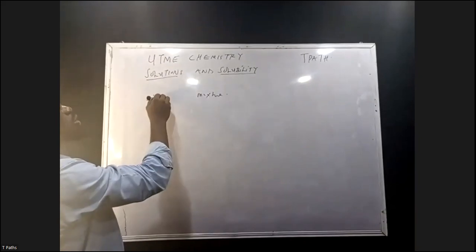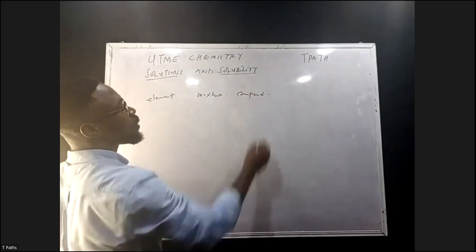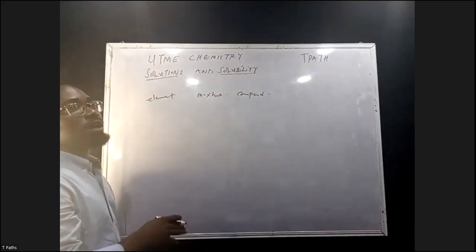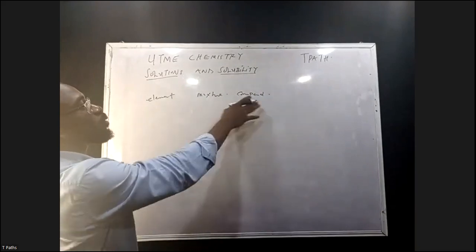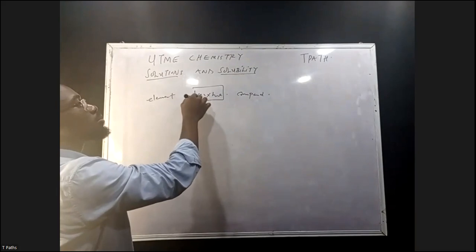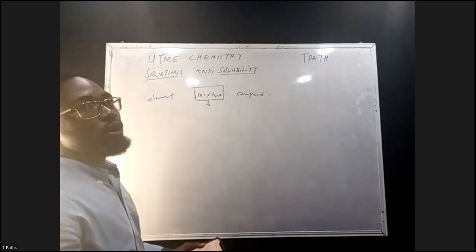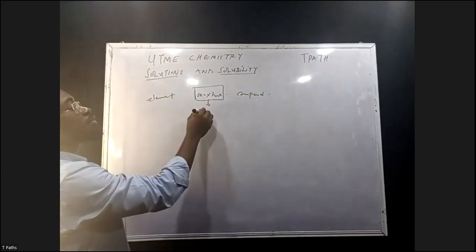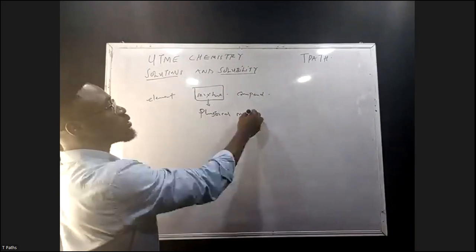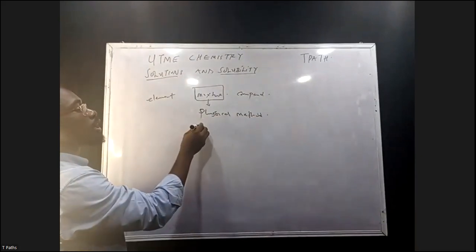We have what is called an element, a mixture, and also a compound. When elements combine together chemically, they tend to form a compound. But the difference between a mixture and a compound is that a mixture means a combination of two things that can be separated via physical methods. Physical means, for instance, you have a mixture of